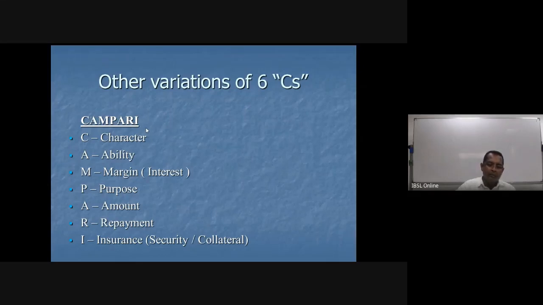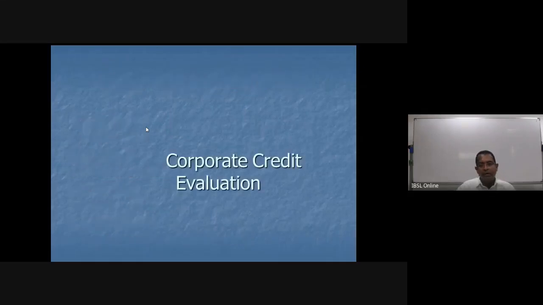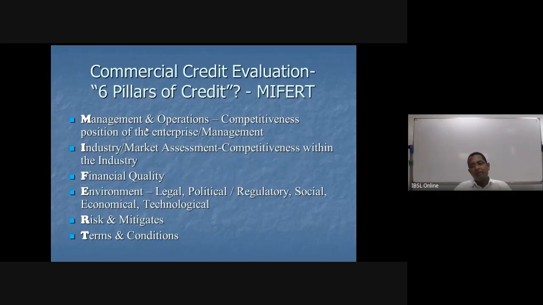Funding which will not generate any new income or profits. But commercial credit is funding where the investment will generate new income. Corporate credit: management and operation,